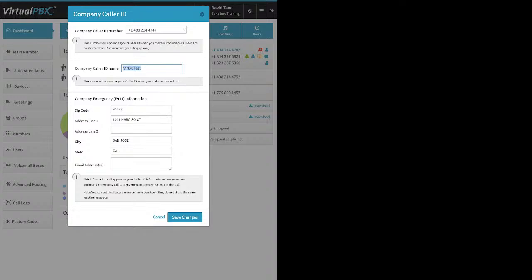Something to keep in mind about CNAME is that not every carrier that your outbound call will go through supports CNAME. Right, we can't make every carrier support it. Usually the companies that don't are small or regional carriers, so it doesn't come up very often. Additionally,